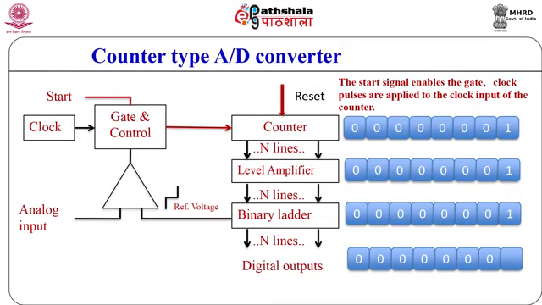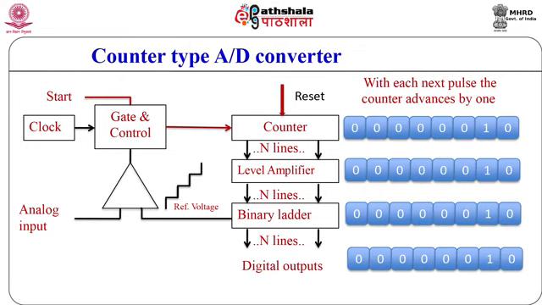When the reference voltage is smaller than the analog input, the output of the comparator will still be high. The control circuit will pass the clock pulses to the counter and the content of the counter advances. In this way, as long as the analog input voltage is greater than the reference voltage, the clock pulses are applied to the counter